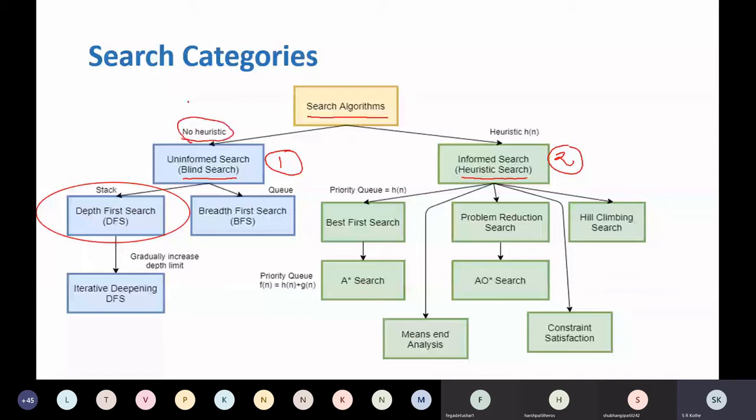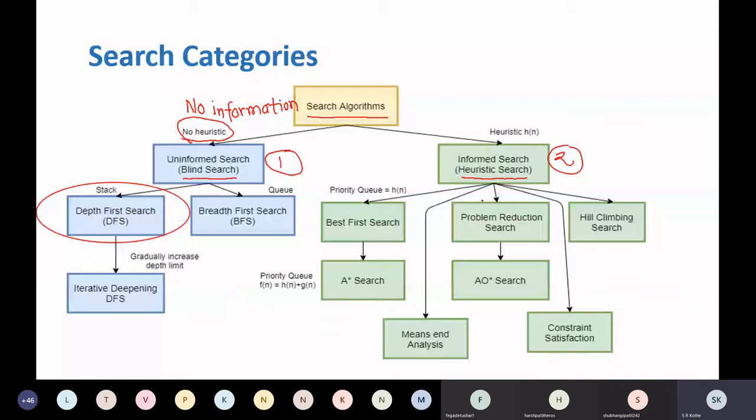So that means no information is used. What is the meaning of this? No information is used to carry out the search in uninformed search algorithms. So without using information, how is the search carried out, we will see that afterwards. We have to choose a particular strategy mechanically, and that will be used to reach the solution. So uninformed search means no information will be used to carry out the search, no heuristic is used.